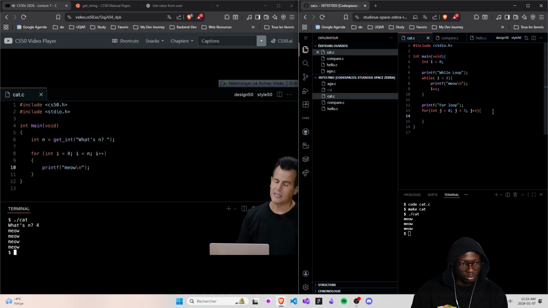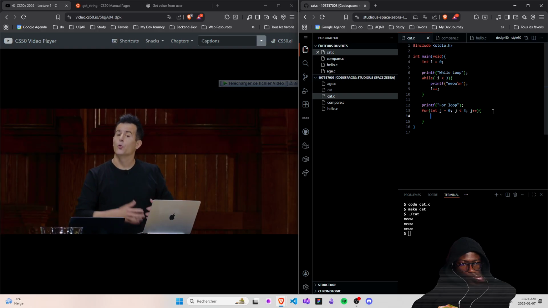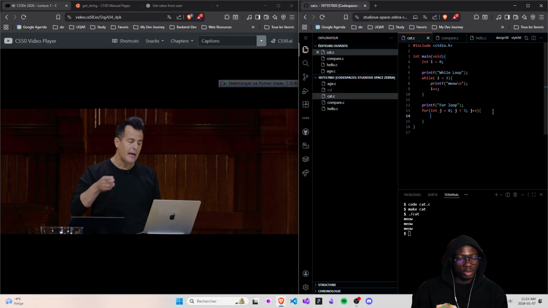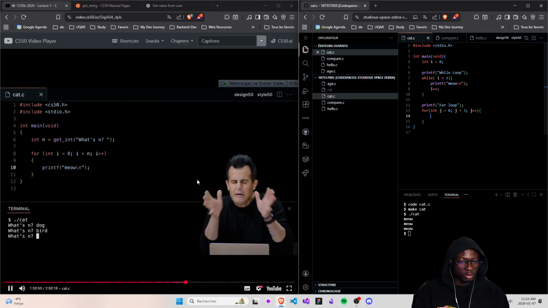Now, what is get_int doing for me? Well, it does a few things similar to get_char doing a few things for me. For instance, suppose that instead of answering this question correctly with a number, n, I say something random like dog. That is not an integer, and so the get_int function is designed to reject the user's input implicitly and just reprompt again, again, and again. I can try bird, and it's going to do this again. So somewhere in the implementation of get_int